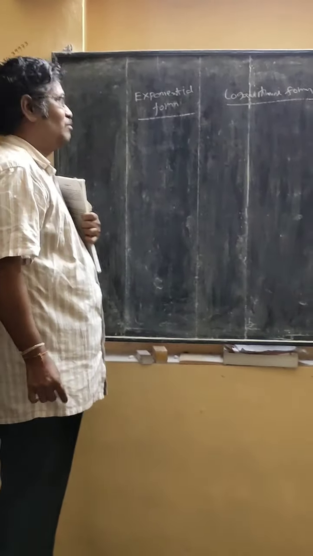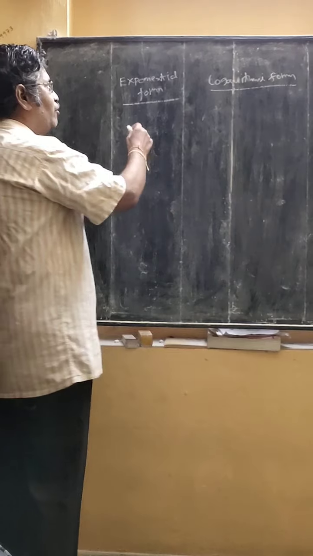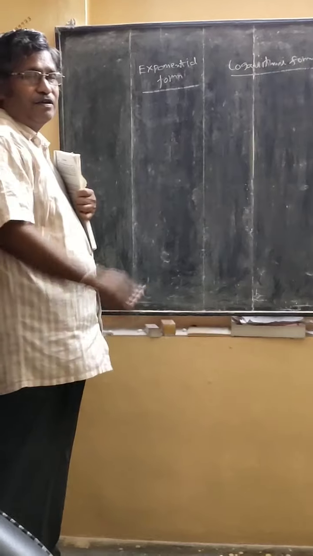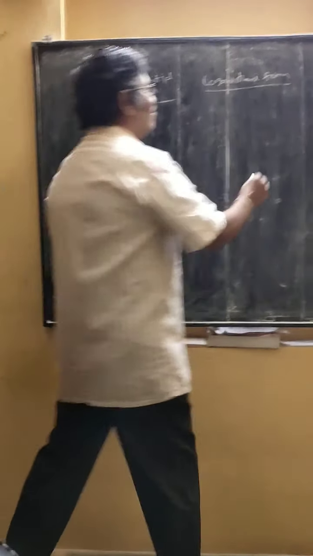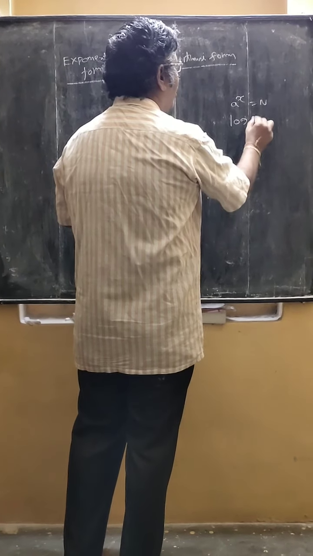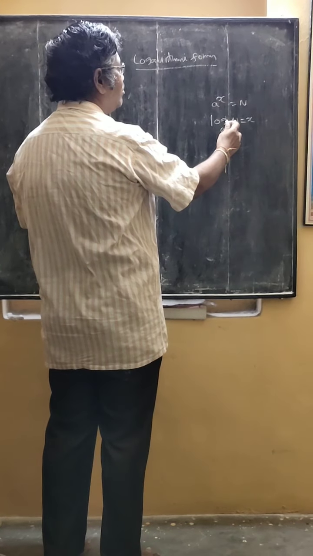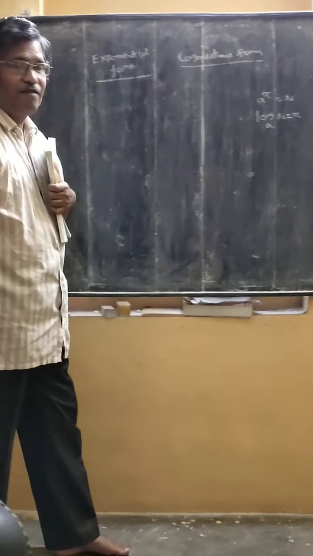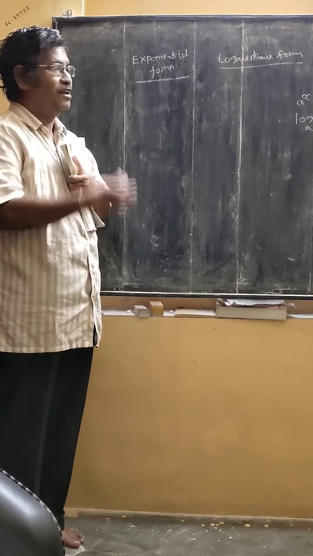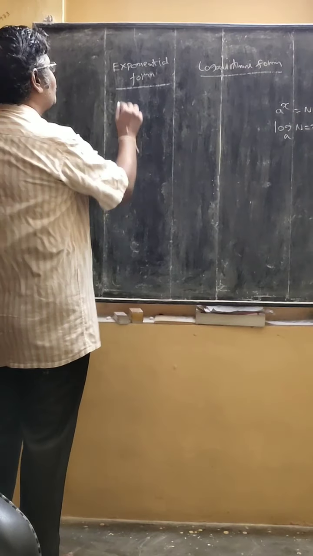Yesterday we discussed logarithms and the definition of logarithm. Today we want to convert the exponential form to logarithmic form. Already we discussed yesterday, a power x is equal to n, then log n to the base a is x. X is the logarithm of n to the base a, where log n to the base a is unique, x is also unique, and the condition we also discussed yesterday. So let us see the exponential forms.